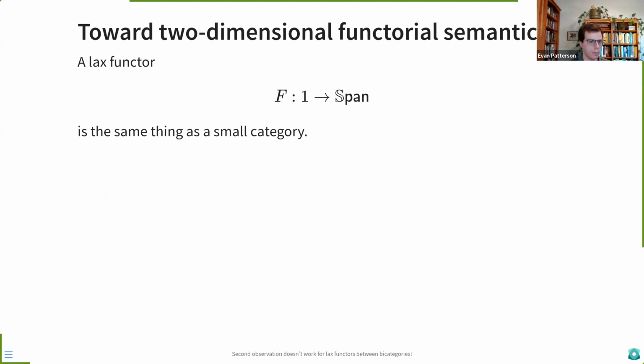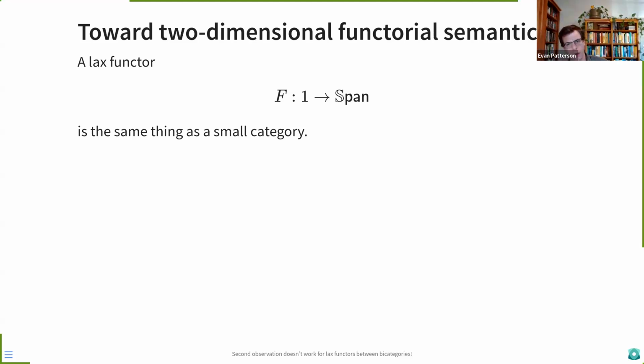Okay, so let me start by just motivating this approach to doing two-dimensional logic. We are building up to the idea of doing some kind of categorified or two-dimensional functorial semantics. So we're going to start with what is the simplest possible case, but which already motivates the thing. This is a fact that you've probably seen before in your life if you worked a